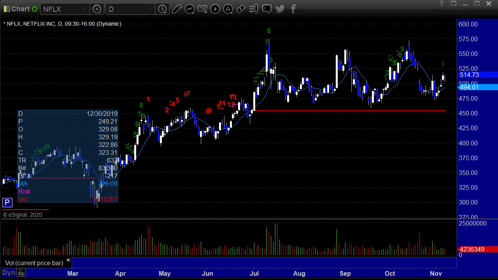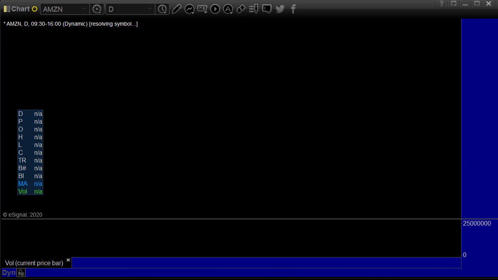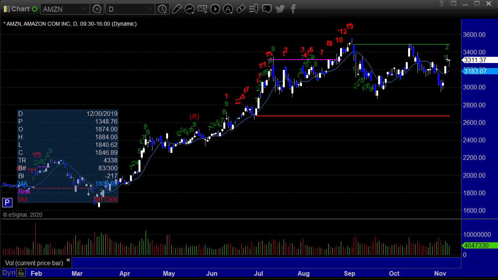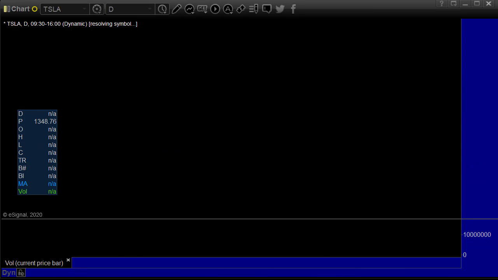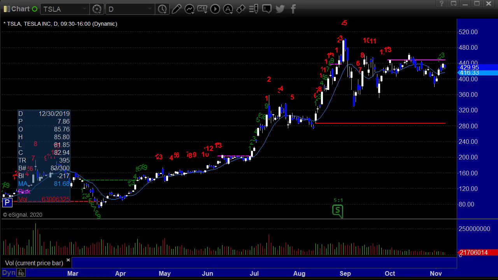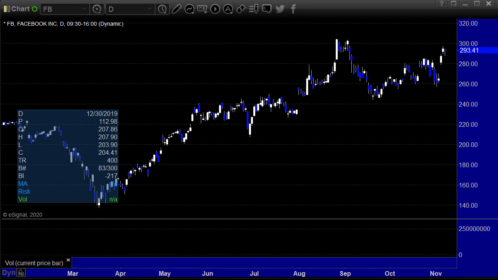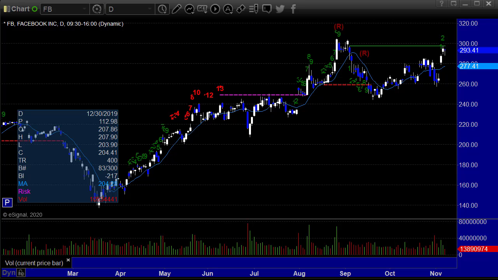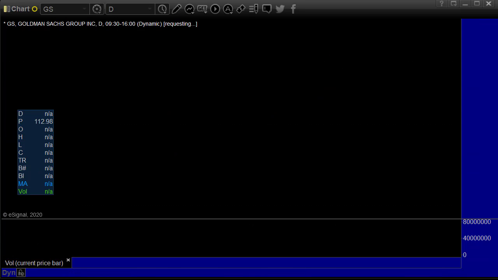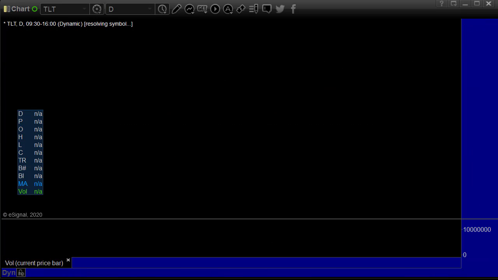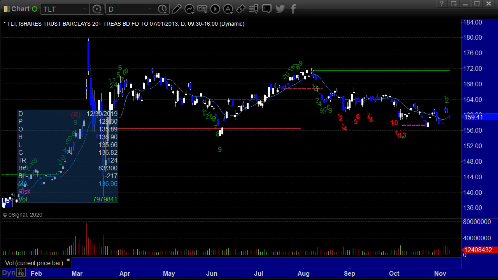Netflix up 97 cents, holding. Excuse me, this has also been very flat for a while. Amazon down $10.63. Tesla down $8.14, but all these holding up in their ranges. Facebook down $1.27. Hit that green static trend line and stalled out. Goldman Sachs down $1.70. TLT, the 20-year bond ETF, down to $1.95. So the bonds are pretty stable right now. The Dow was down just 66 on Friday, which doesn't really matter.